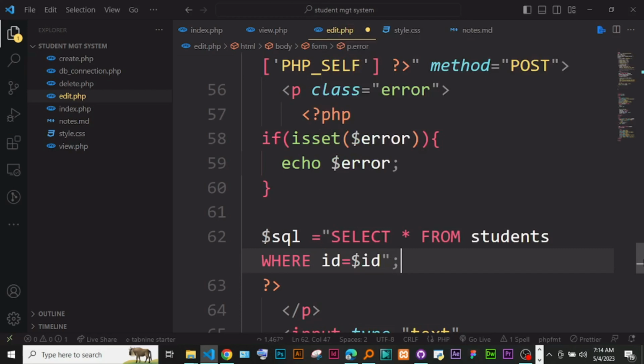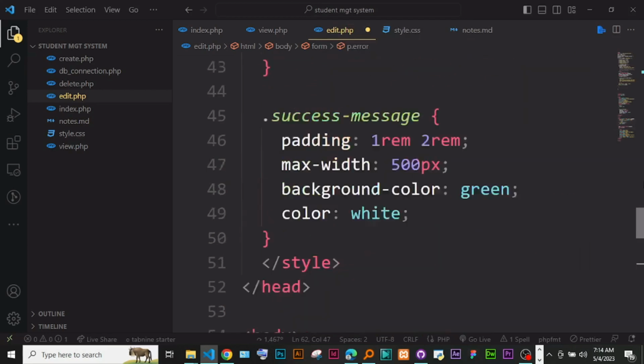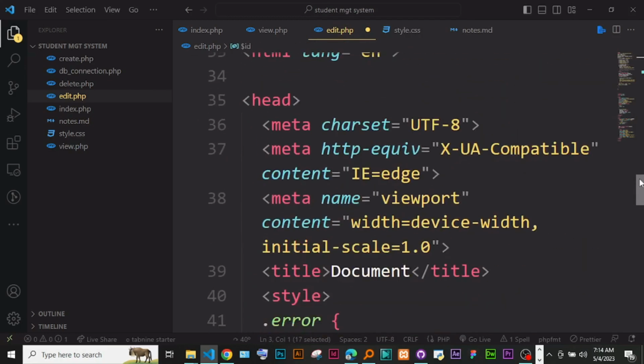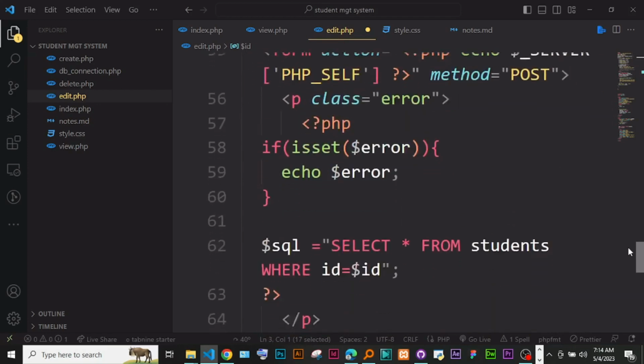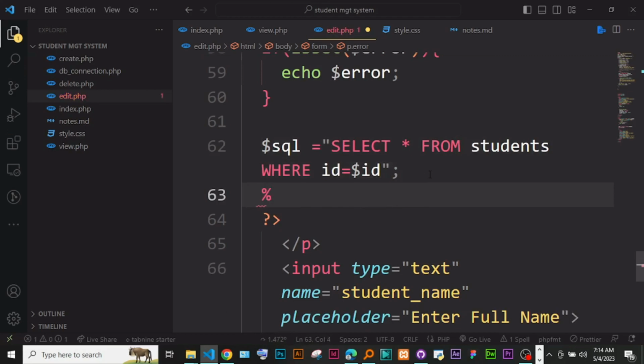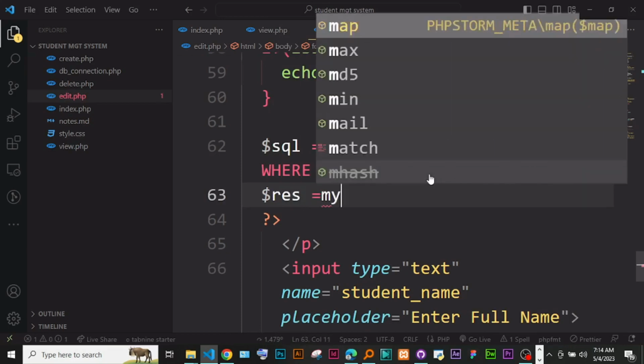Remember, we have this $ID on top here. We got it from the GET method, and we are using it here to fetch the data for this person. Okay, so after writing the query, let's run the query. So we say $raise is equal to MySQL